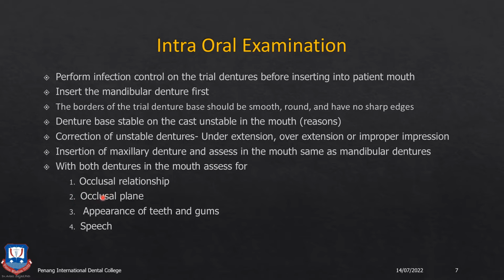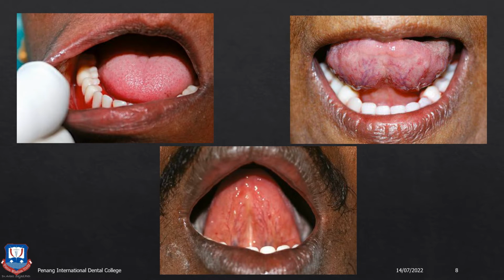And you verify the occlusal plane, whether it is parallel to the interpupillary line and the ala-tragal line, whether it is canted towards one side, or whether there is excessive display of the teeth and the gums. So all these things in a nutshell are checked in the examination. So first, as I mentioned, you insert the lower denture and check the peripheral border seal. You check for any underextension or overextension of the denture flanges, which may indicate an error in recording the secondary impression border molding. Then you check for the level of the occlusal plane.